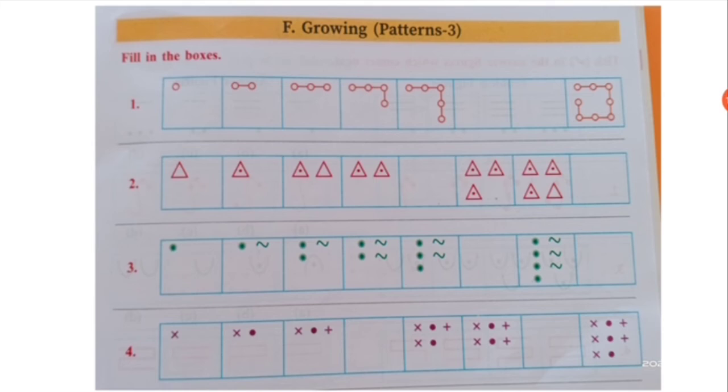See here, now we can see first is a circle, then second is two circles with one line between them. Then next, in 3 circles there are 2 lines between them. In the next, here also you can find the line is going from upside to down on the right-hand side. So in the next picture you can find out at the end what they have given.